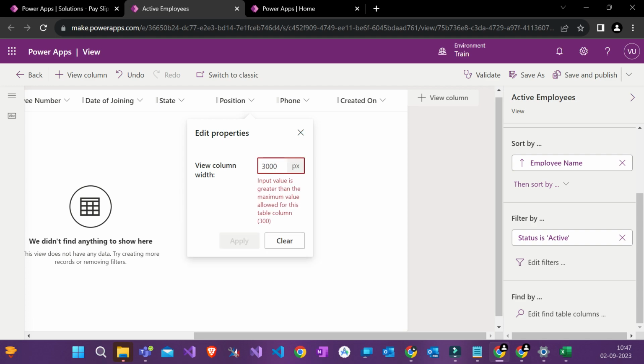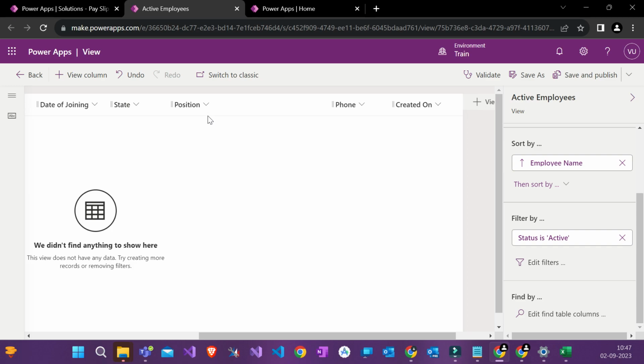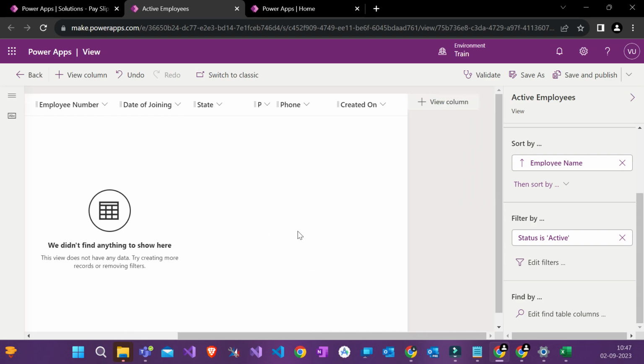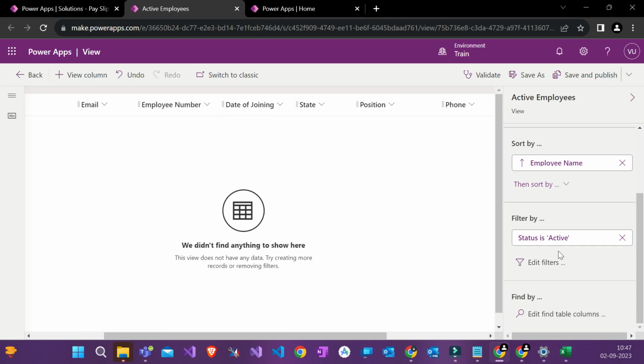See, if you enter more than 300, 300 is the limit. I wanted to show you what happens if you enter more than 300. 300 will enter, click on apply. See, look at the position. Position is now this big. It was very small, like state. Now it is this big. We'll make it a little smaller, more smaller. We'll make it 25. By the way, minimum is 25, maximum is 300. See, position shrunk to 25. Only P is visible. Same way, now we'll make it 150 or something. And now, on the right hand side there is something called filter.